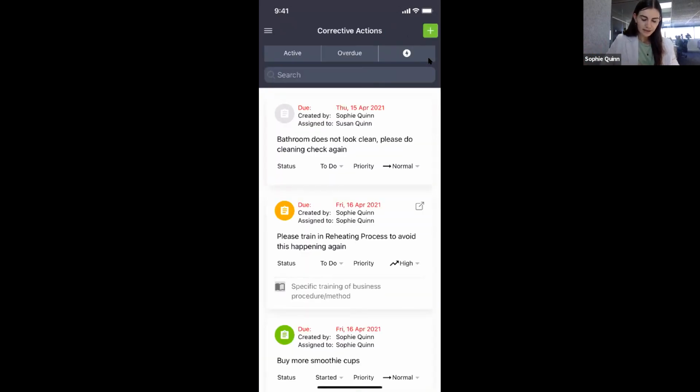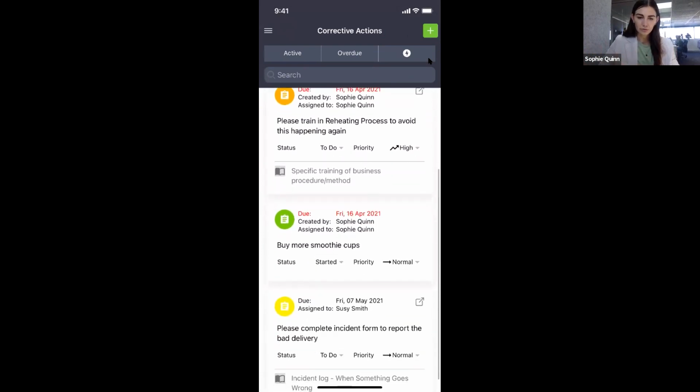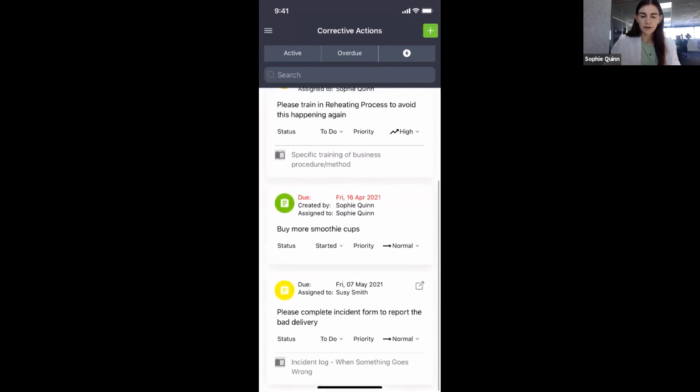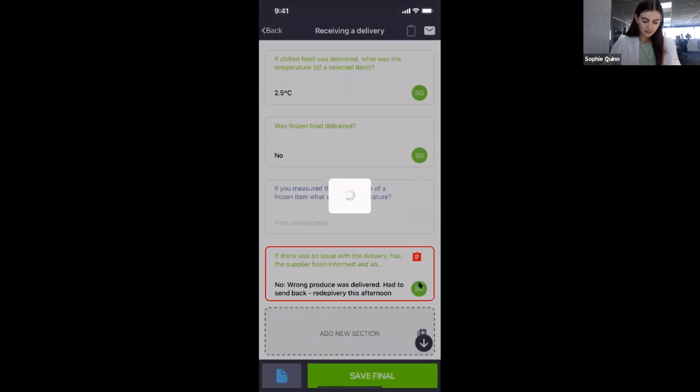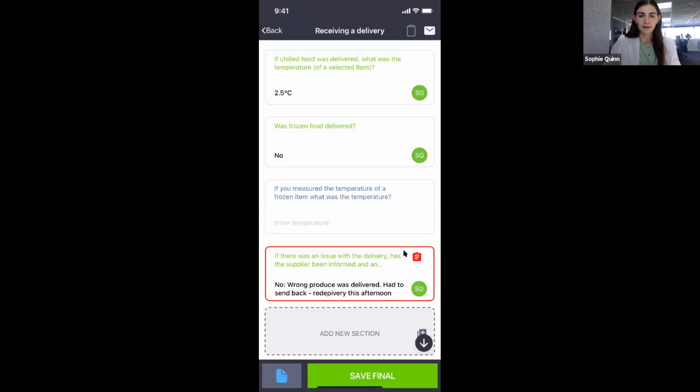So now what you can see here are all of the actions that are due in your account. So I scroll down to the bottom and I can see the action is here for Susie. It's due tomorrow. If I click this little arrow icon here, I can get a bit more information because it takes me down exactly to where that action was added in that form. So I can see how